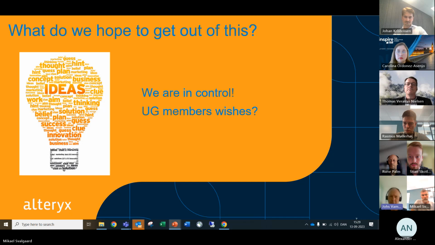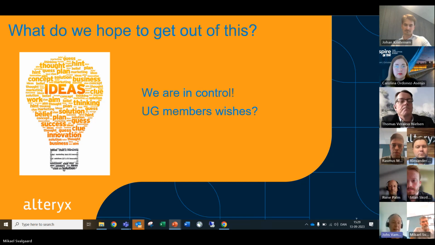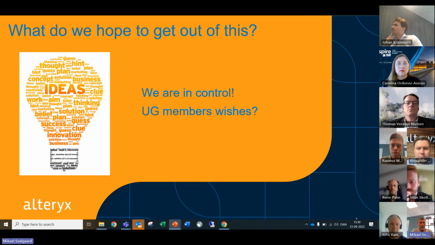I would like if there was a fixed thing from Alteryx with some smart new ideas of solving different things, and maybe if in the meeting before we could write a wish list of different aspects for Alteryx to enlighten, and then they could maybe in 15 minutes say, not a deep dive, but just a short, you could do this, you can do this, and so on. Yeah, that definitely sounds like a good idea.